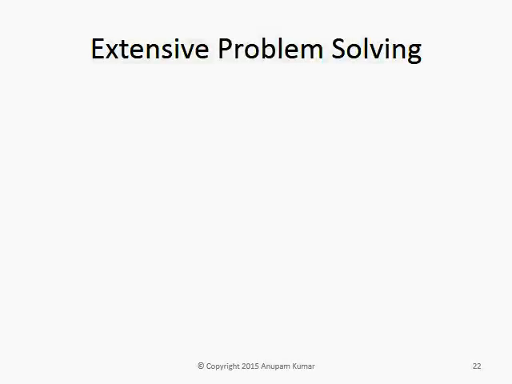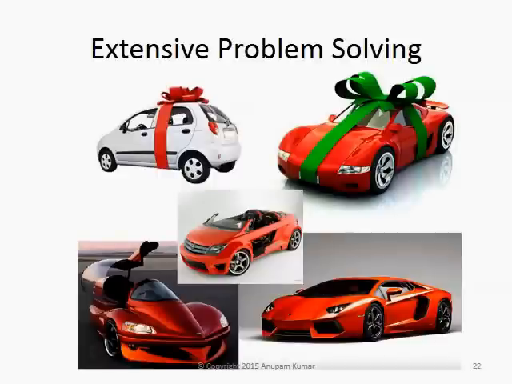Now, let us try and understand the extensive problem solving with the help of a simple example. Let's assume that you go out to buy your first car. You get the basic information cues from what has been advertised by the various companies, which is the significative inputs, and what your friends, family, and other peer groups tell you, which are the social inputs. The significative and the social inputs create your own understanding about the products, which is the symbolic input.